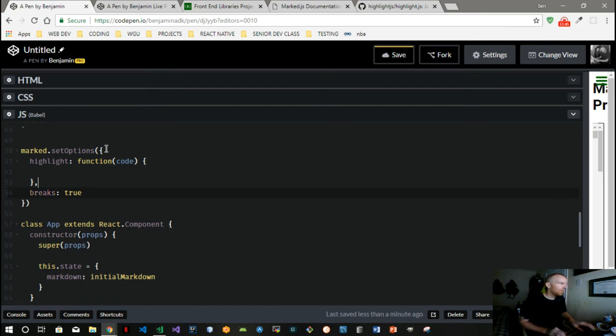Put a comma there. And we want that to return. They use a require statement. We'll use the global variable, which is HLJS. Sometimes these are a little tricky. I haven't figured out a good way to find out what these are for everything consistently, but I know this is HLJS dot highlight